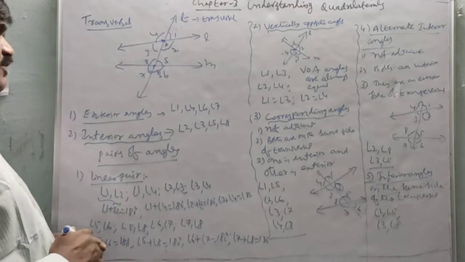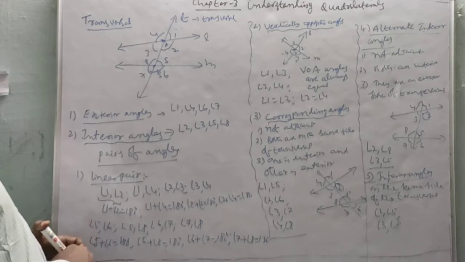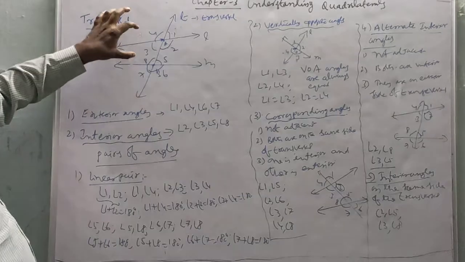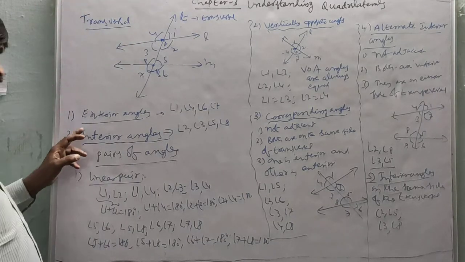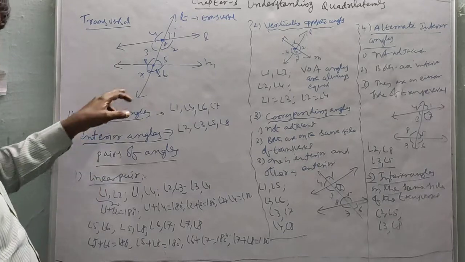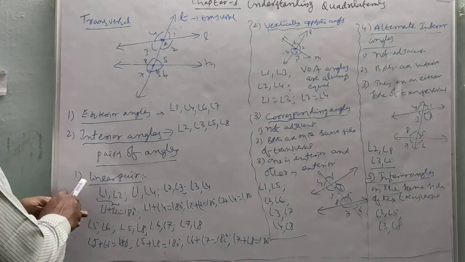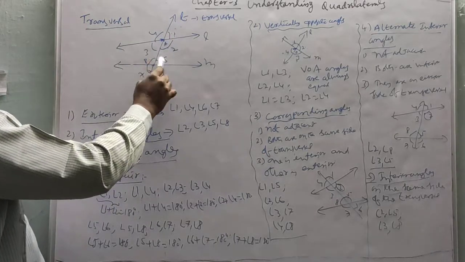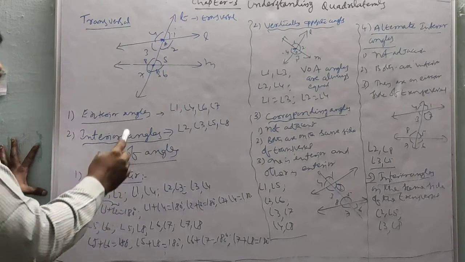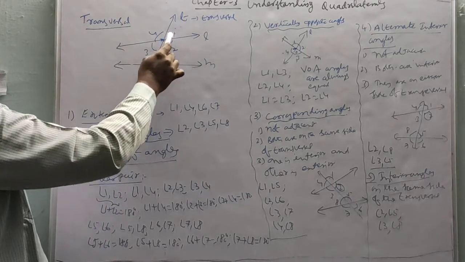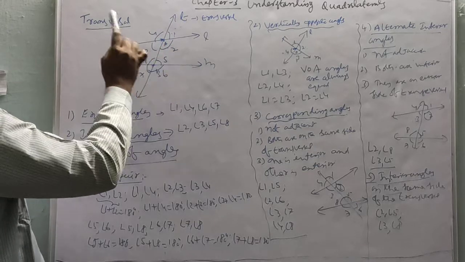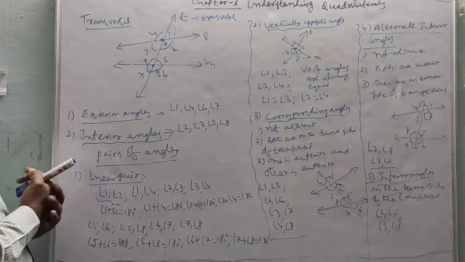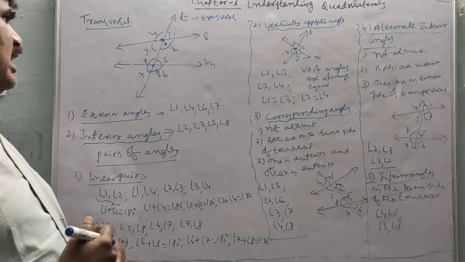These 5 plus 2, 7 types of angles you must know to understand the concepts clearly. Once again, if you take two lines and a transversal intersects them, in total there are 8 angles formed. What are exterior angles? 1, 4, 6, 7 are exterior. 2, 3, 5, 8 are interior. Right? Next, linear pair means the adjacent angles which are on a line. 1 and 2, 1 and 4, 2 and 3, 4 and 3, 5 and 6, 5 and 8, 6 and 7, 7 and 8. These are linear pairs. What is the condition for a linear pair? Their sum is 180.